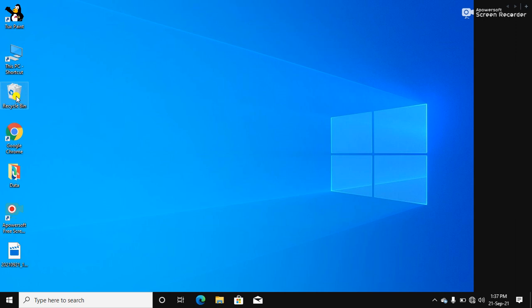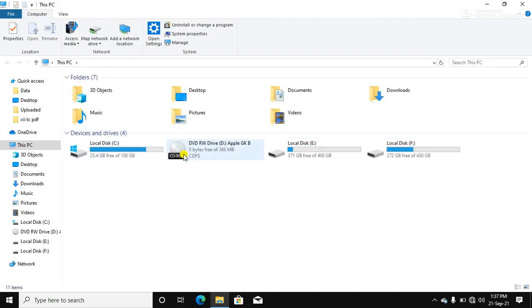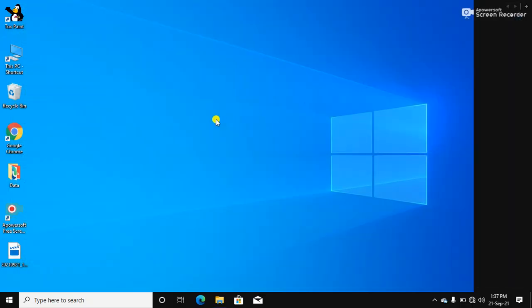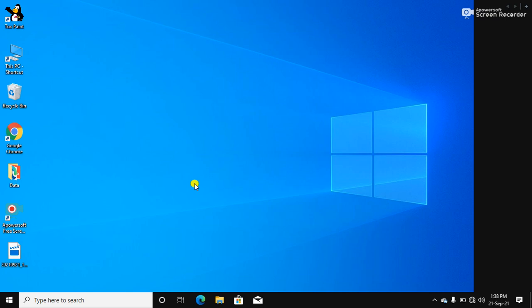Where is the Recycle Bin? All the data you have deleted is stored in the Recycle Bin. By Computer you can open your drives. Double click with the mouse and you can see your drives. Internet Explorer, though suppose I am using Google Chrome, is used for accessing the internet. We can access the internet by Google Chrome or Internet Explorer. These are the internet software.